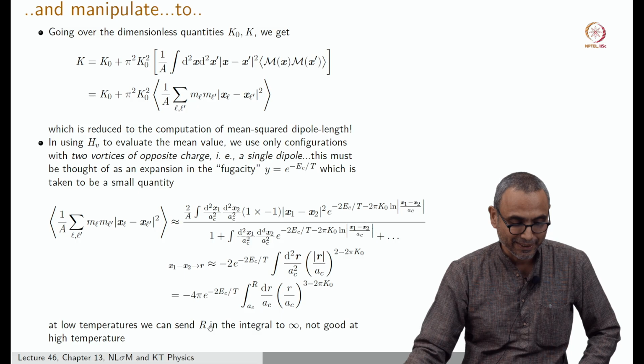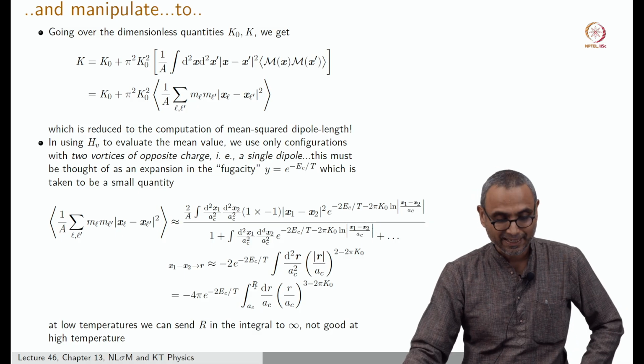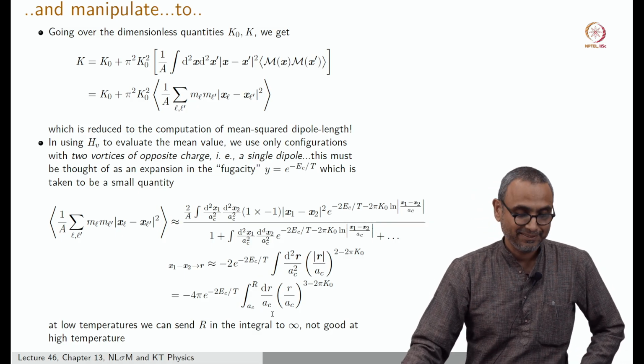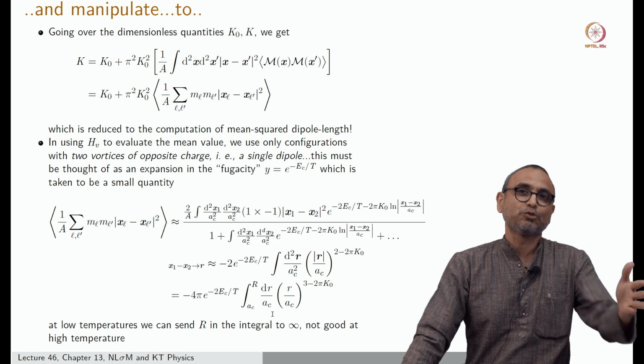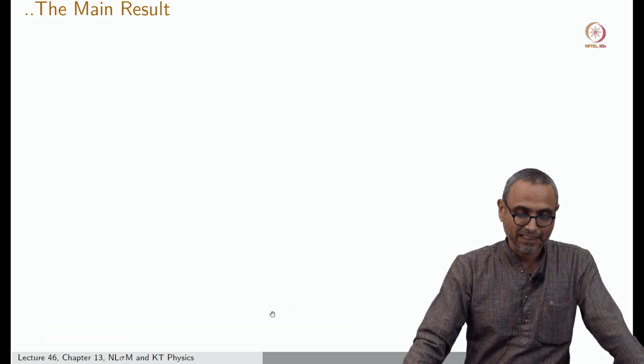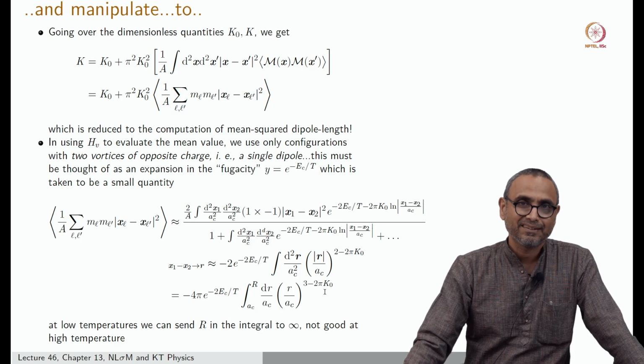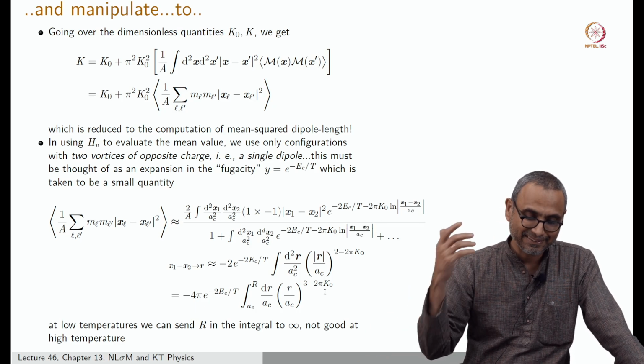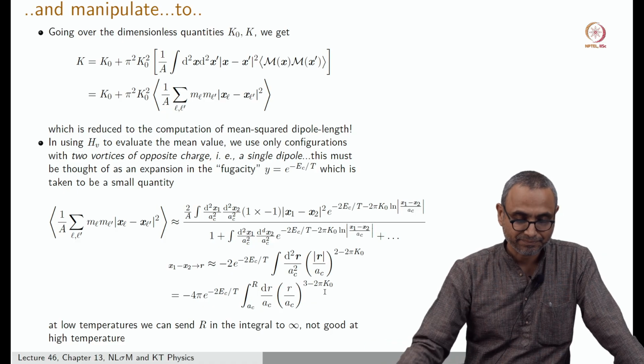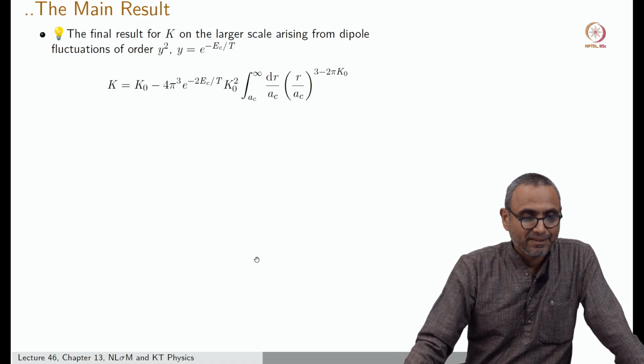So if I am at low temperatures, instead of R, I can write it as infinity. So I will assume that I am at low temperatures, and my point is that I am going to assume that 3 minus 2 pi K0 is a negative number. Okay,